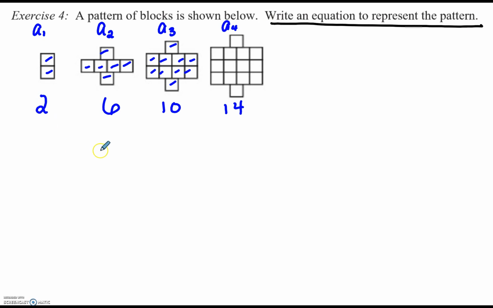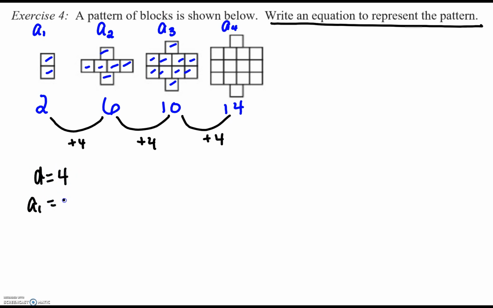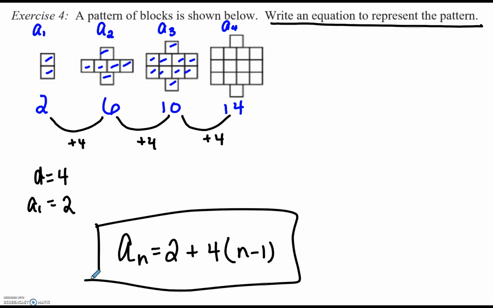So I have to write an equation. Let me check to see how I go from one term to the next. 4 to 6, I added 4. 6 to 10, I added 4. 10 to 14, I added 4. So my common difference is 4, and my first term is 2. So once I have those two things, I'm just going to substitute into my formula. a sub 1 plus d times n minus 1. That's my final answer. You can leave it like that,